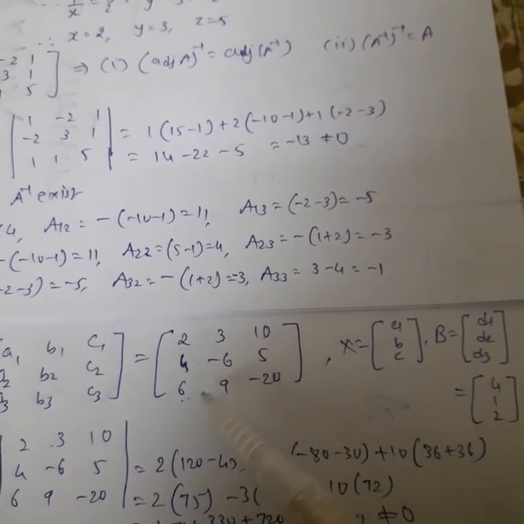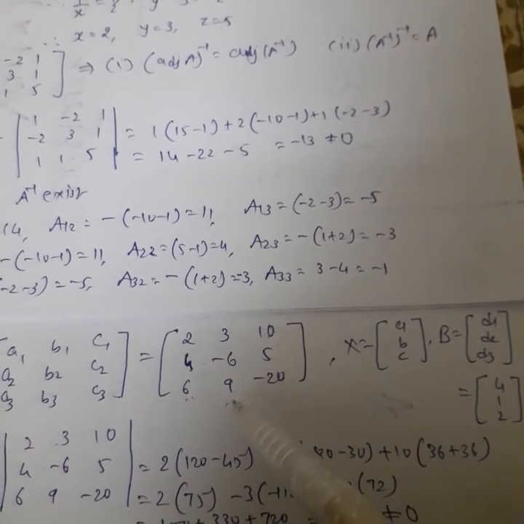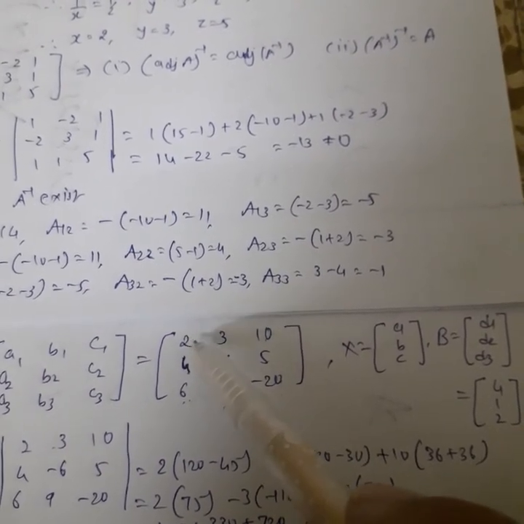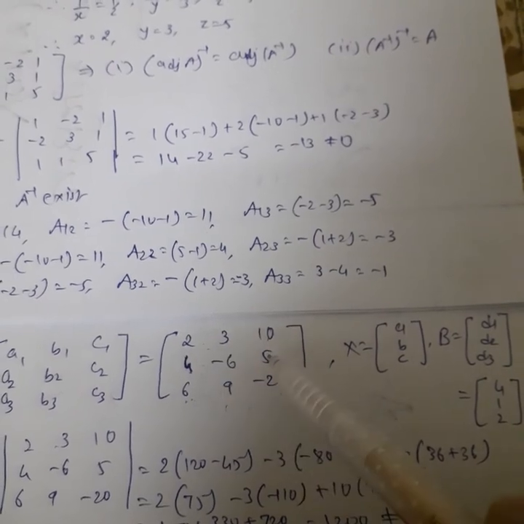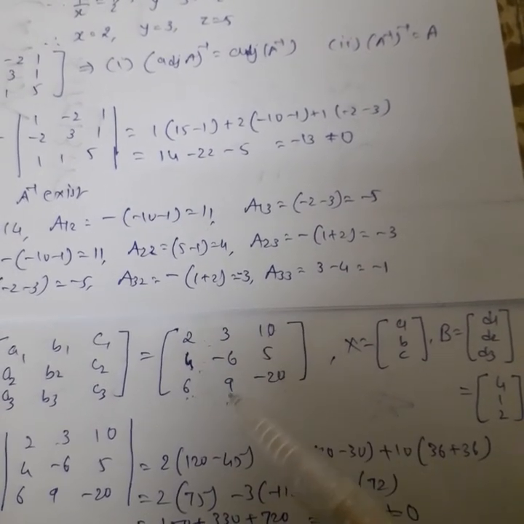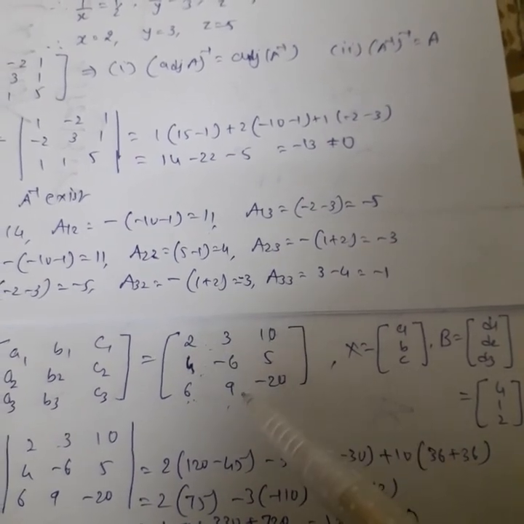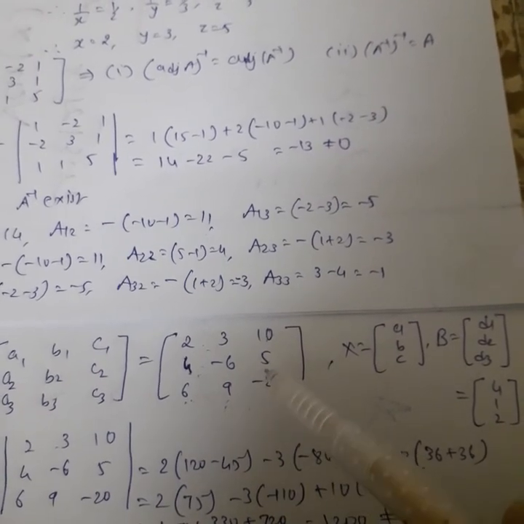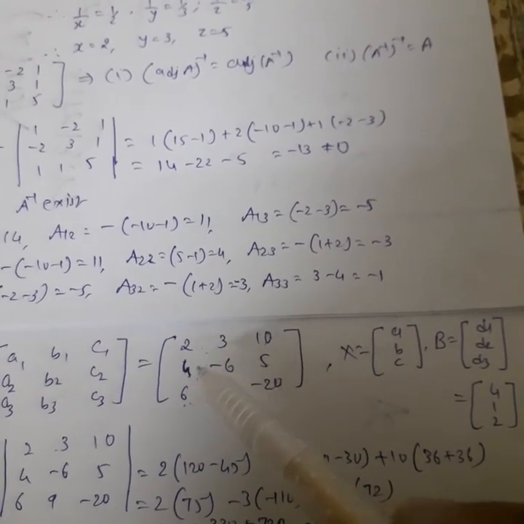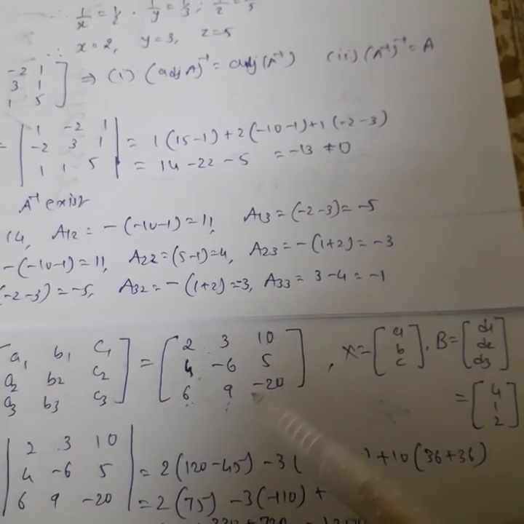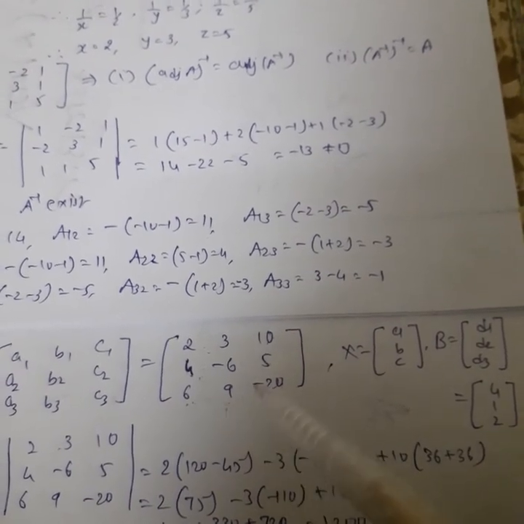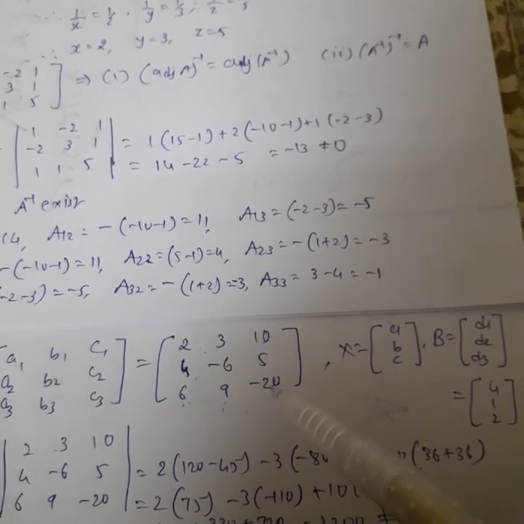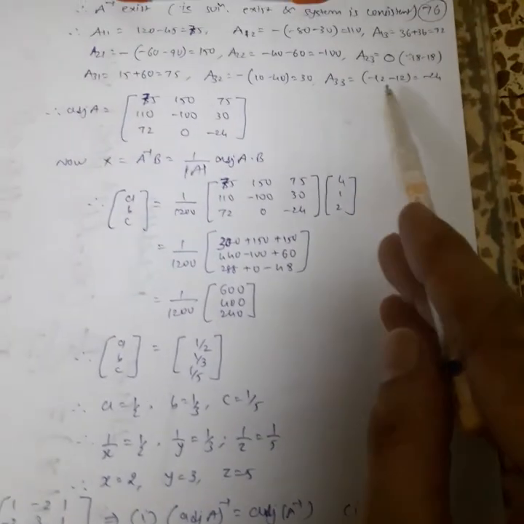Now the cofactor of 9, the element of third row and second column: 3 plus 2 is 5, so minus 1 raised to 5 means minus 1, and the expansion of the remaining entries is 10 minus 40, minus 30. So minus 1 into minus 30, plus 30, is the cofactor of 9. And the last element, minus 20, is the element of third row and third column, so its cofactor is minus 1 raised to 6 times minus 12 minus 12, minus 24, into 1. That is, minus 24 is the cofactor of minus 20.